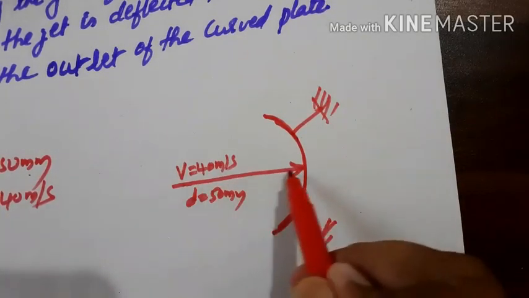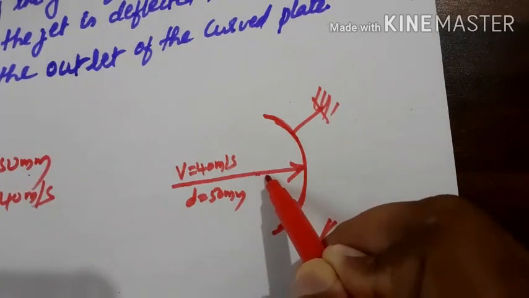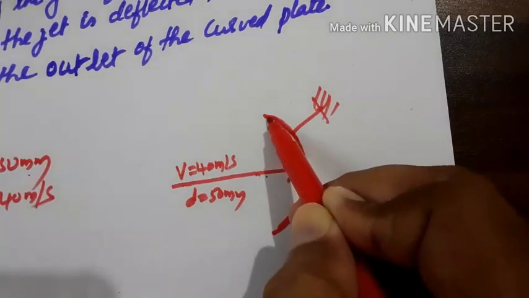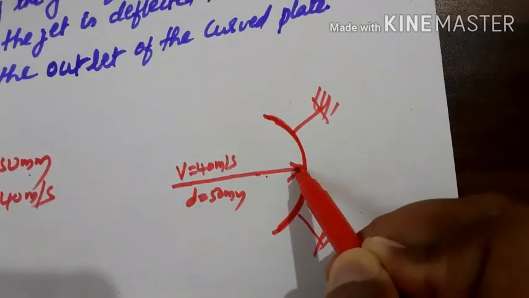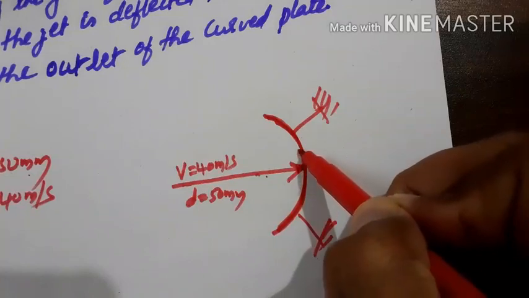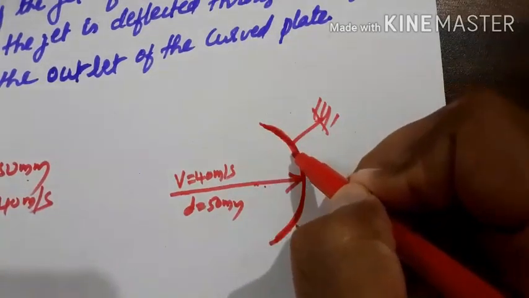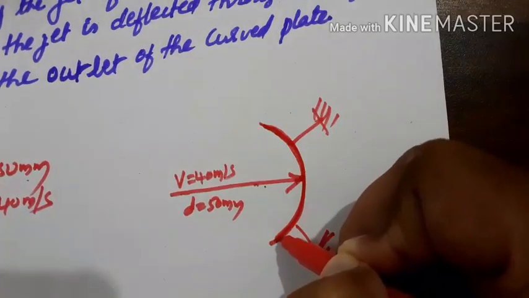The moment the jet strikes, because of the force exerted by the jet on the vane, the vane receives the impulse force, and because of the impact there is no energy loss, and the blade passage has been assumed